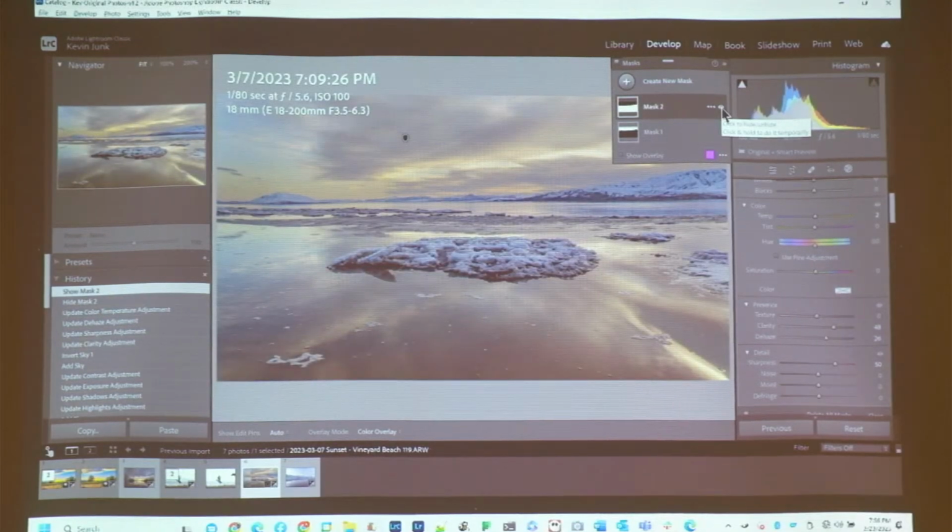Kevin, is that feature available in Photoshop? Yes, it is. I have done the sky feature there, but I've never done the invert. Yes, you can. Yeah, I'm sure. Almost everything, I'm positive. They're partners, I get it. But